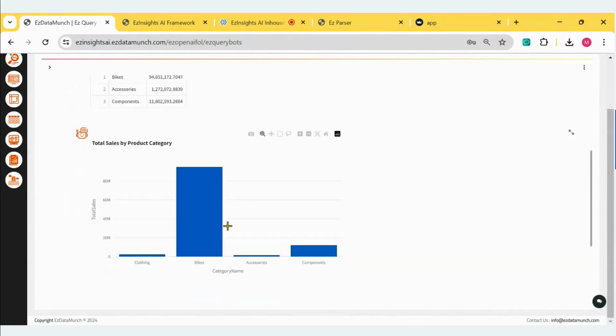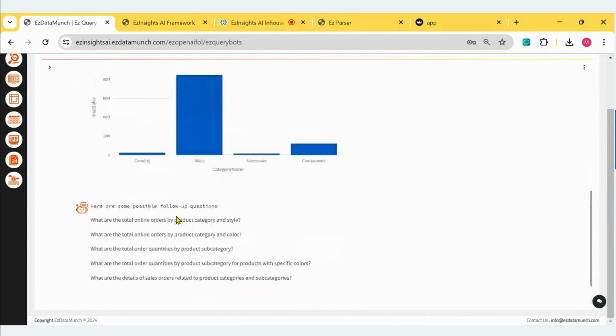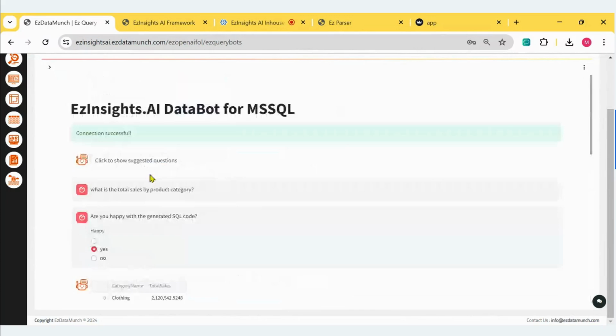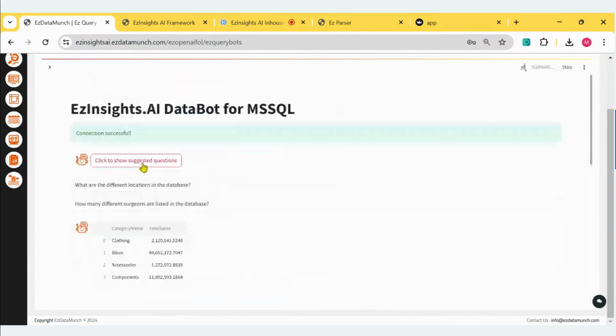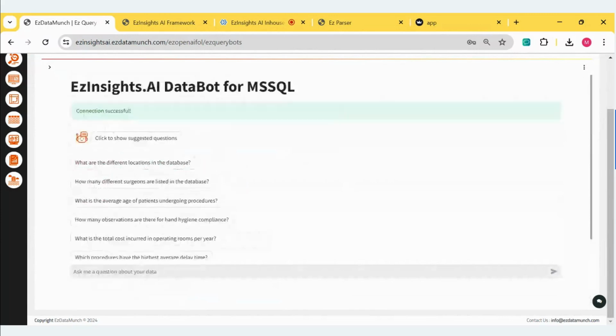So, for example, I have a follow-up question generated. This is all stored within the framework, or they can just come here and say, show me the suggested questions which were run by the business in the past, and I can click on any of these questions and it will be able to run that against their database. So this is one example. Let's look at